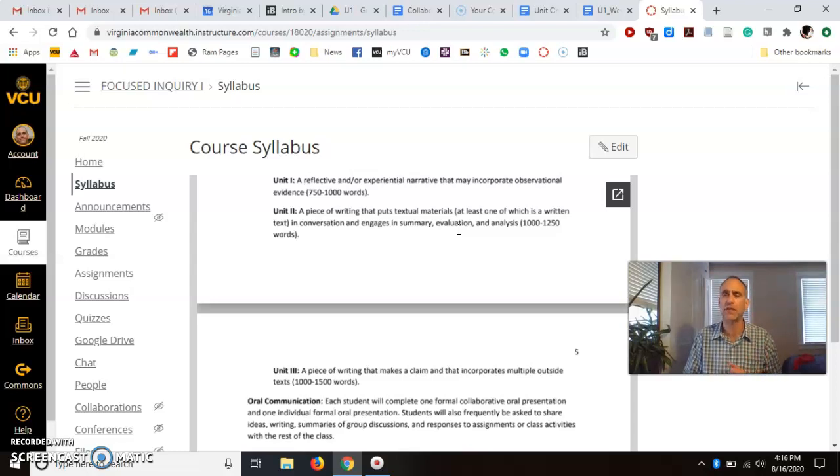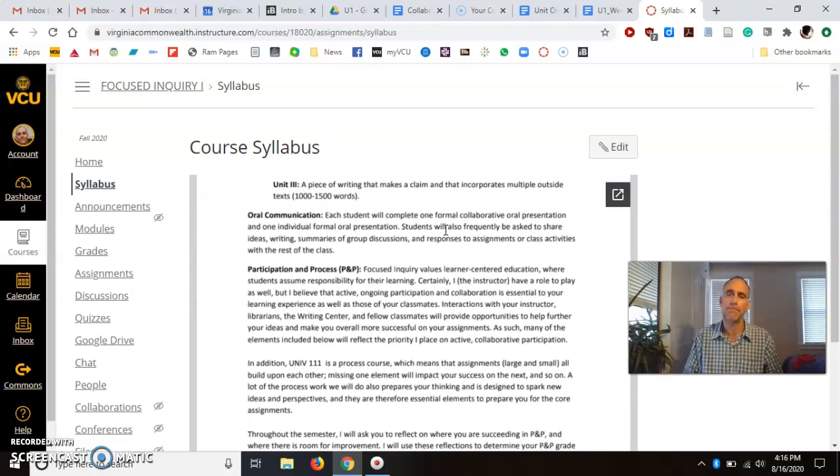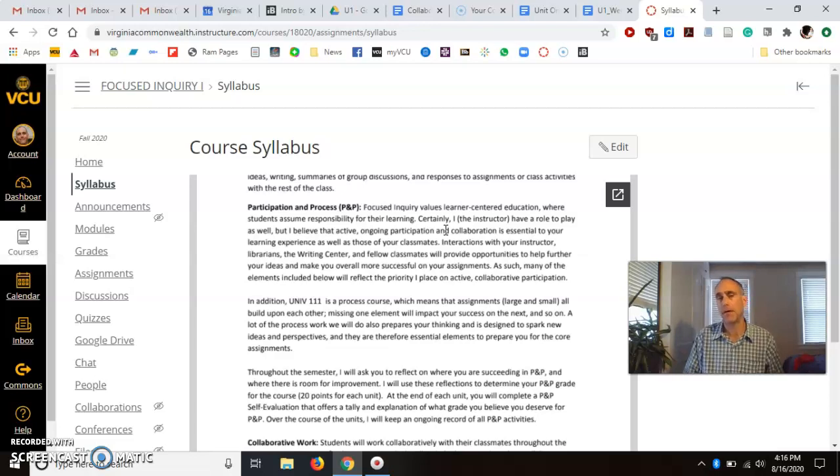I like to roll things out unit by unit and week by week within those units. This is a process-oriented class, which means that the process by which you go through to learn is crucial to your learning. You can't just decide to go to the end and meet all those needs. There are so many things that happen along the way in your thinking and in your communication that will change the final product. Trust me on the process. This is a crucial part of the class. So I'm going to roll things out slowly, and I hope that's okay with you. If you need some more specific dates and stuff like that, let me know, and I'm happy to provide that. So let me just say a little bit about participation and process.